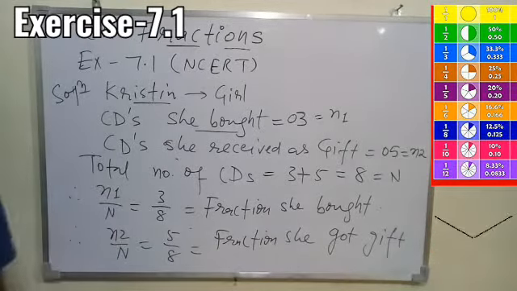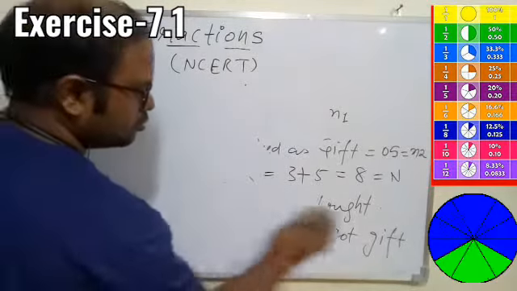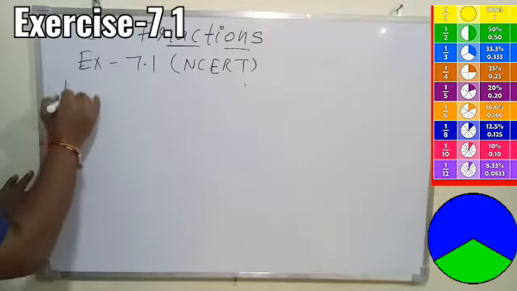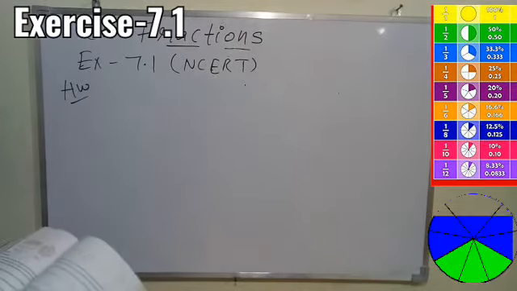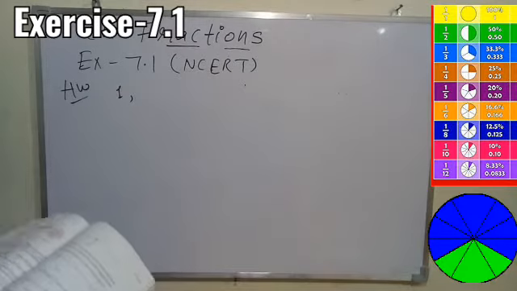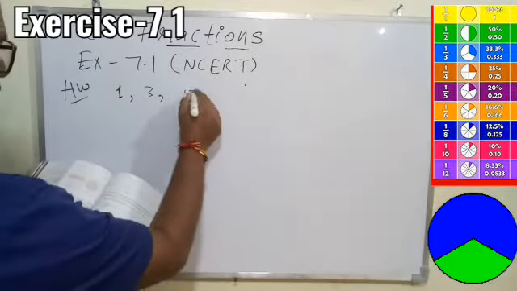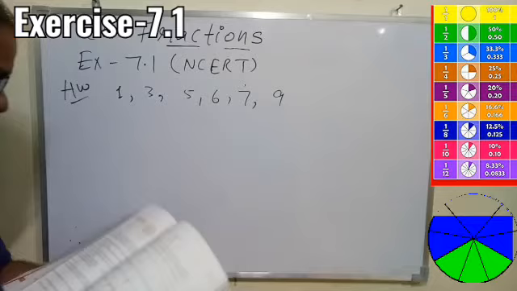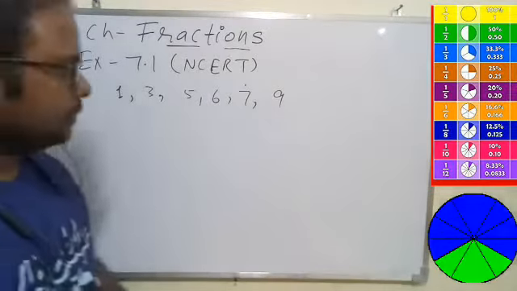Simple. So that is all we have done today, and I've done all the questions which are different from each other. Rest similar questions you have to try at home. So homework I am giving to you, that you must try from the same exercise. Number 1 I have not done. Number 2 I have done. Number 3, number 5, 6, 7, 9. So these are the questions you have to try yourself, and I hope you will be able to do it.